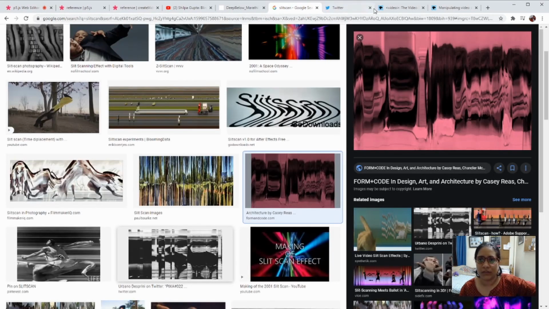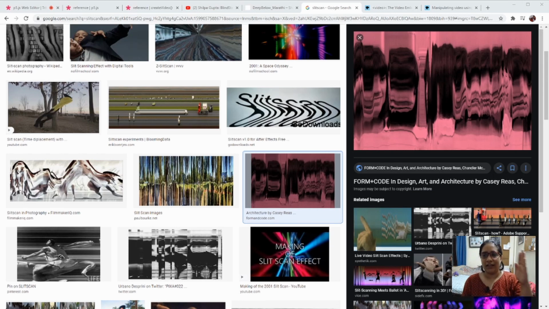Okay, so this is an artwork, but this methodology is called slit scan. What it's basically doing is passing a line, taking the video value of one line, and then moving across.